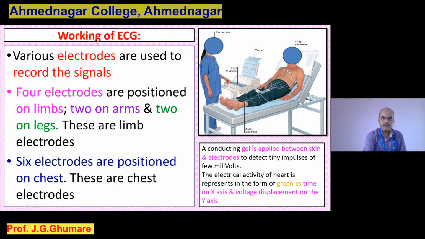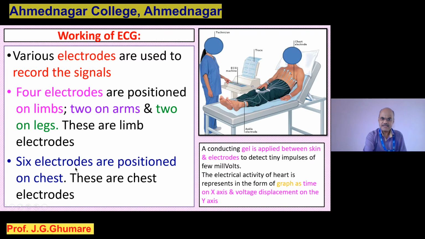And what happened here, the working includes various electrodes which are used for recording. See, these are the electrodes, remember. They all will feed the variation to the machine, and the machine will give it in form of such a graph paper. Remember, how many electrodes? Four electrodes are positioned on the limbs. Say, for example, one, two, three, and four. Two on the arms, two on the legs. So these four electrodes, they are limb electrodes. They are positioned on the limbs,